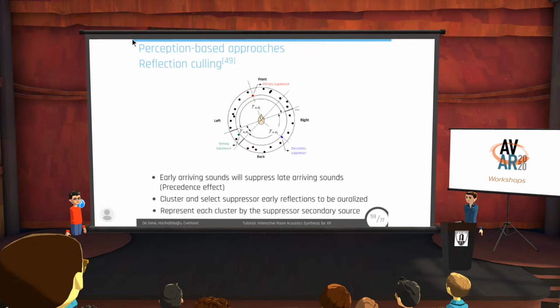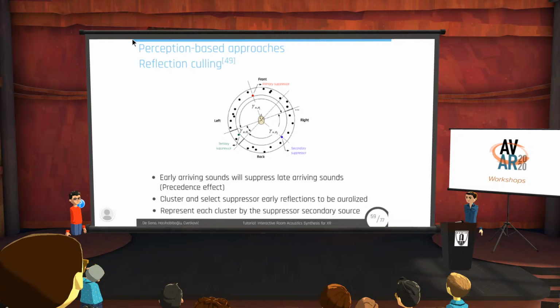And representatives are identified for each cluster, which will be representative early reflections, representative image sources for that given cluster. This way, it is possible to reduce the number of early reflections substantially without negatively affecting the auditory experience